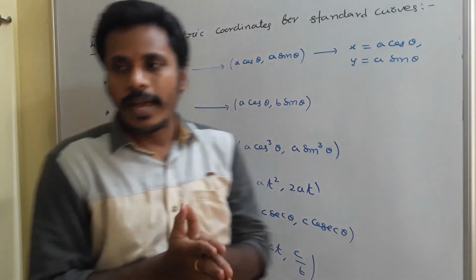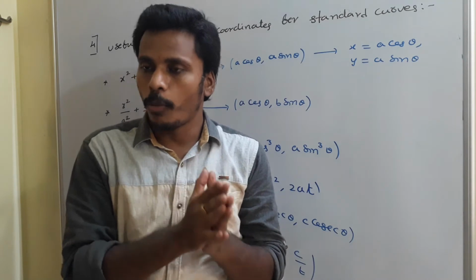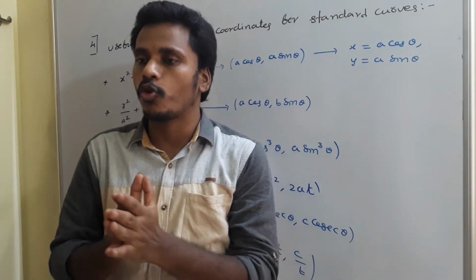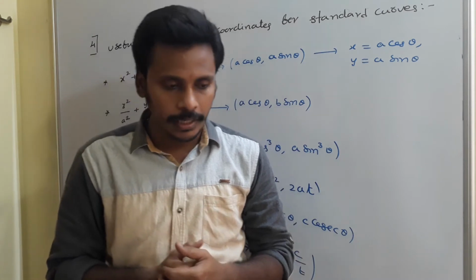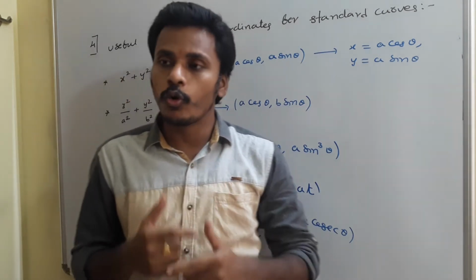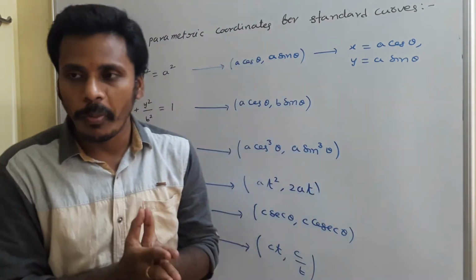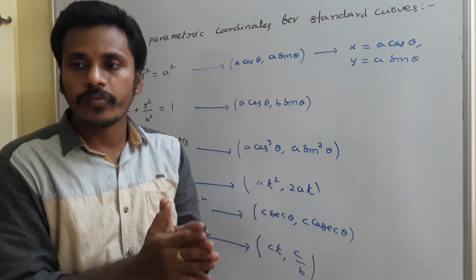As a part of tangents and normals, in the last class we discussed these problems related to the slope of tangent and slope of normal. In this class I am going to solve some problems related to the equations of tangents and equations of normals. Before going to solve those problems, we need to pay some attention to the general parametric coordinates of certain standard